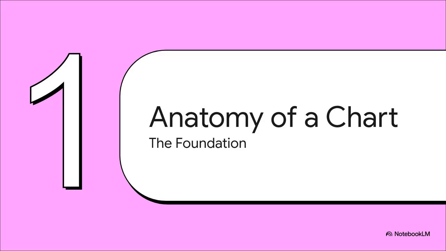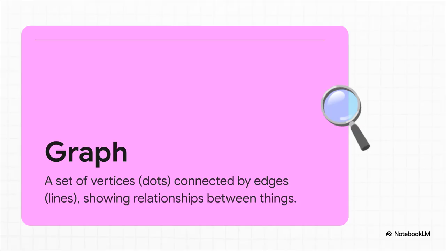Okay, first things first. Before we can build these amazing, truthful charts, we have to be absolutely solid on the fundamentals. So let's quickly break down the essential parts. So what even is a graph, really? Well, in the nerdy mathematical sense, it's just a set of dots, or vertices, connected by lines, or edges. You can think of cities on a map as the vertices, and the roads connecting them as the edges. When we're talking data, our data points are the vertices, and the chart's lines or bars, those are the edges